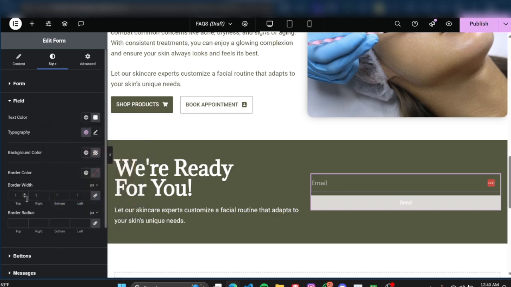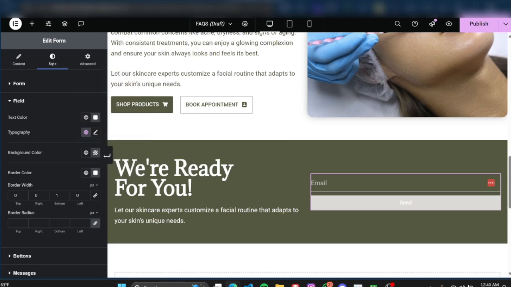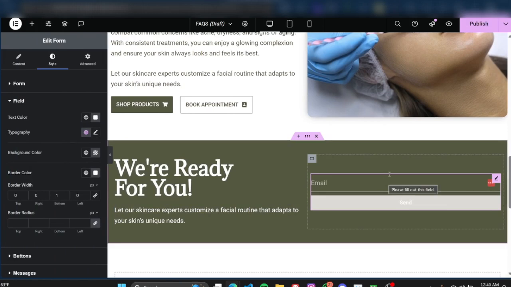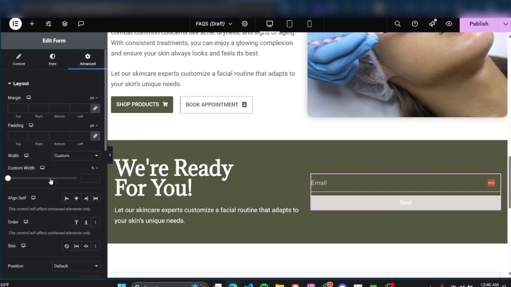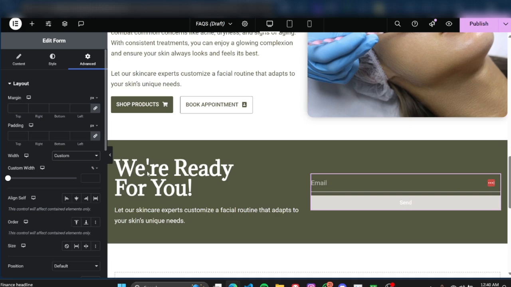And then I want the border to just be at the bottom. And I'll just want one and make that white. Let's say this is what I wanted for my form. So I'm going to also click on the form widget, and this time I'm going to go to the advanced, and I'm going to make sure the width was automatically on default, but I wanted it to be on custom, and I'm going to put this at a good